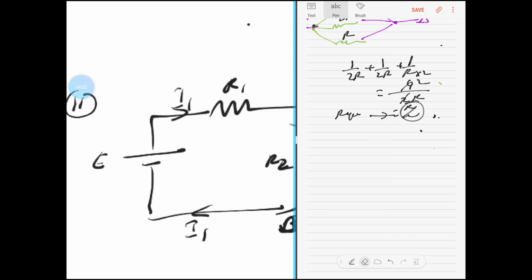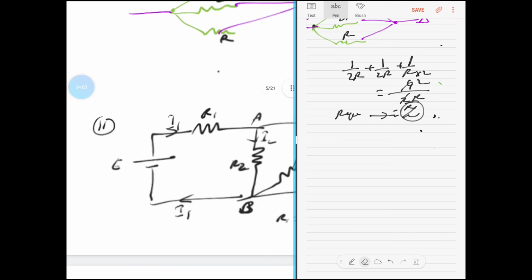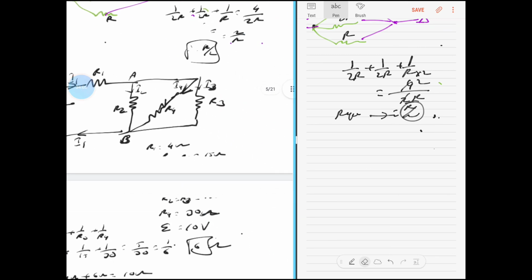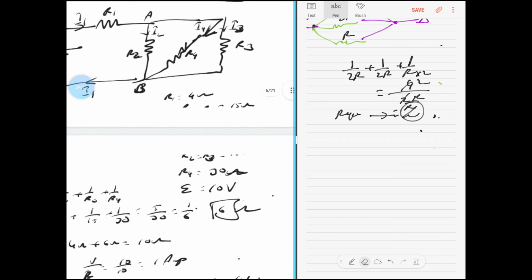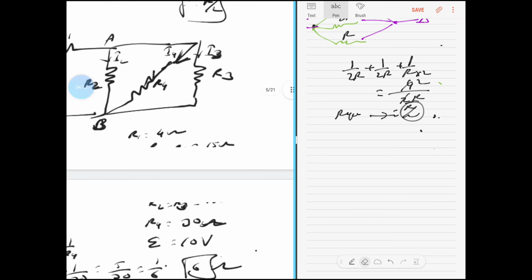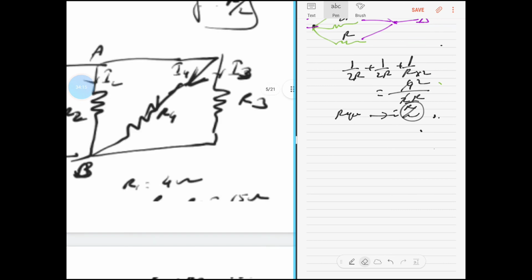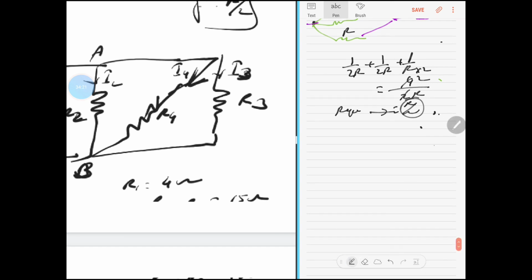That was good. You understand what I'm saying? I forgot that the equivalent resistance was 6 ohms. And when you calculate the equivalent resistance as 6 ohms, that's only considering this parallel portion, only R2, R3 and R4 alone. The equivalent resistance was 6 ohms.